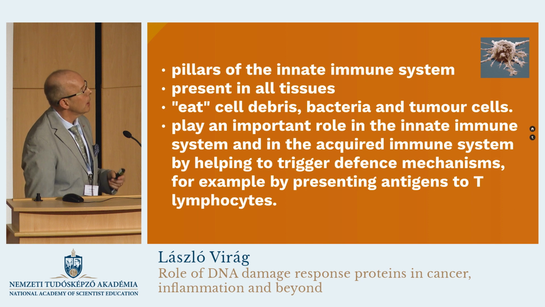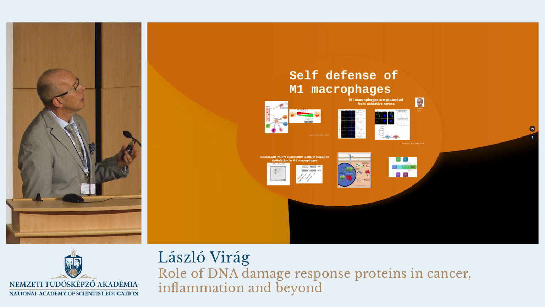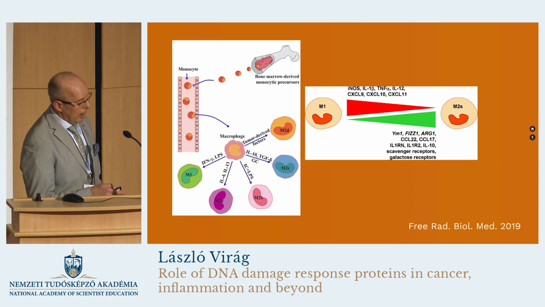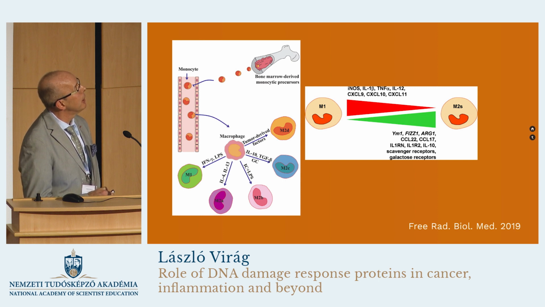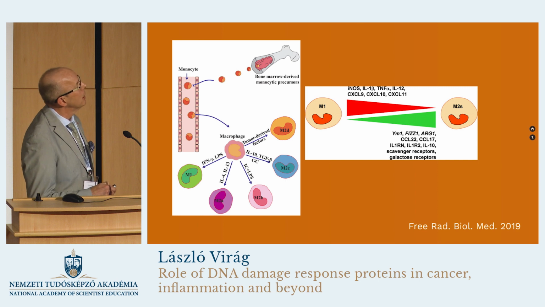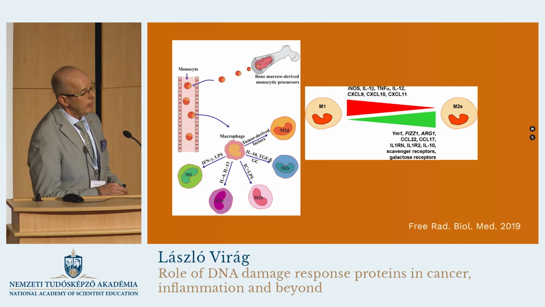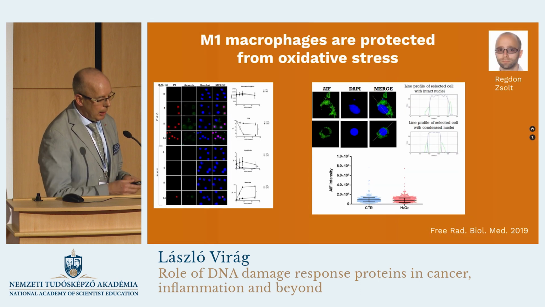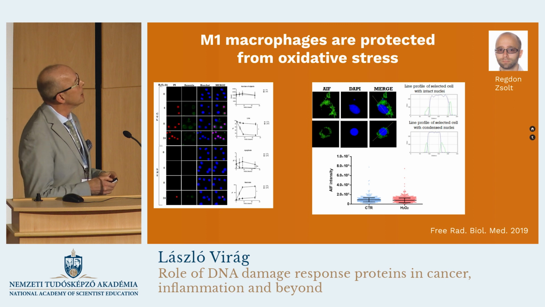Recently, we do lots of work on macrophages, phagocytic cells that are master conductors of the immune response, especially the innate immune response. The precursors are called monocytes in the circulation, and when they leave the circulation, in the tissues they differentiate to macrophages. Depending on the environment, they can take various different phenotypes, like the inflammatory one and many different anti-inflammatory phenotypes. So we thought that the pathway that we study might be involved in the defense of the macrophages from